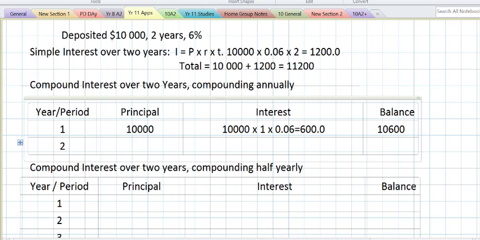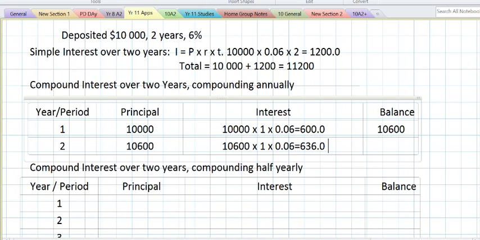Right? So we put $10,000 in the bank account. Over the first year, it earned 6%, which means it earns $600. And at the end of the first year, you had what you put in at the start plus the interest, so $10,600. Now, at the start of the next year, you have $10,600, and you want to work out how much interest you earn on that. So again, it's only there for 1 year, and for 0.06